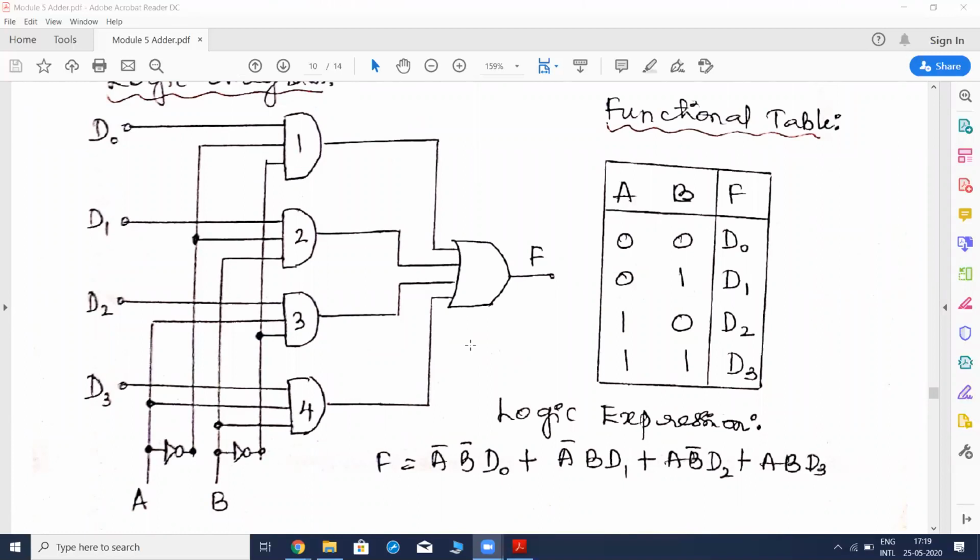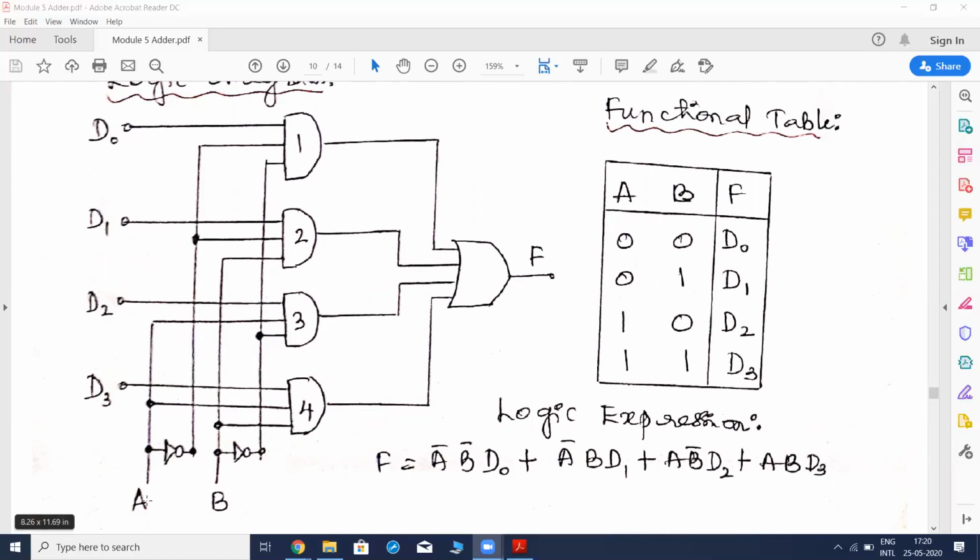In this logic diagram, we have a functional table as well as the logic diagram over here. This is how the multiplexer is internally designed. We need 3 input AND gates over here, so to one of the inputs of all these gates will be the data input that we give. So it is D0, D1, D2 and D3. Okay, so at any given instant of time, only one of these gates must be enabled. So in that way, we should give the select lines.